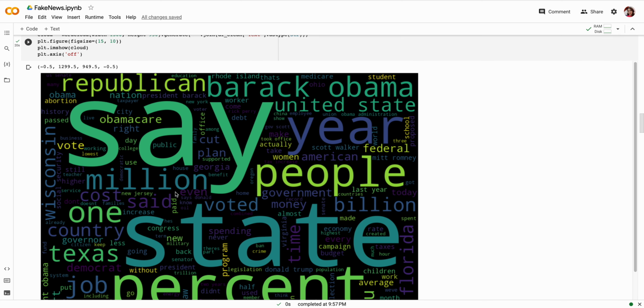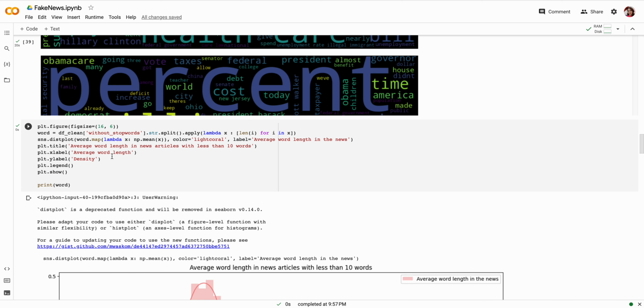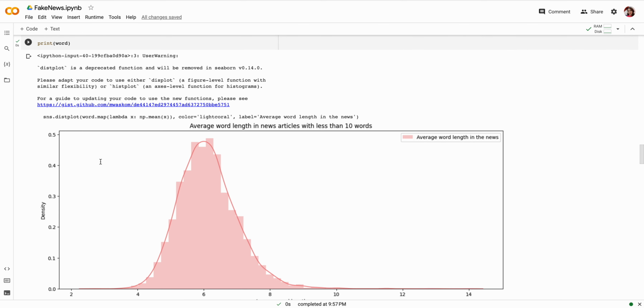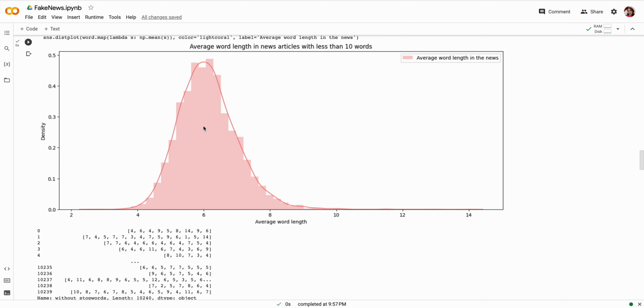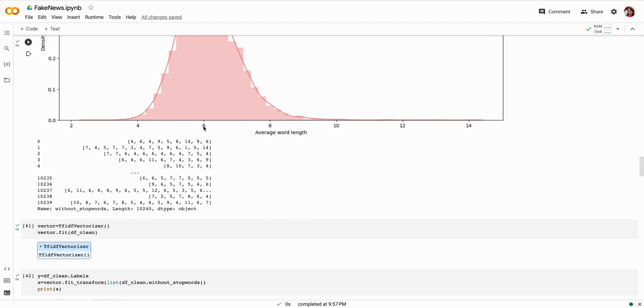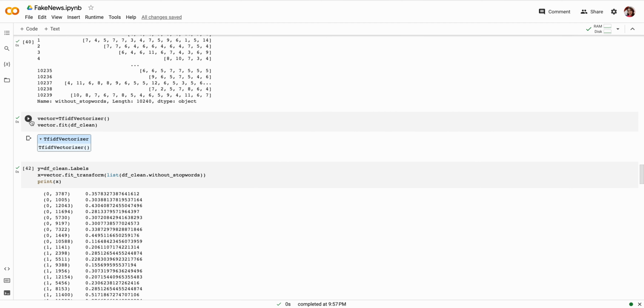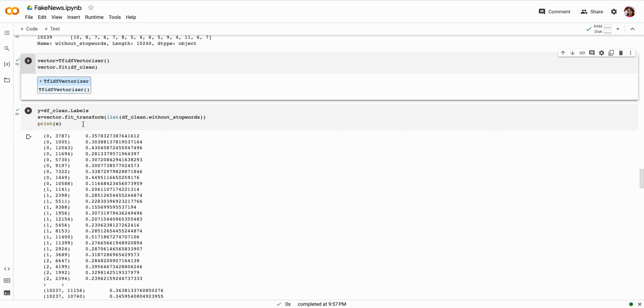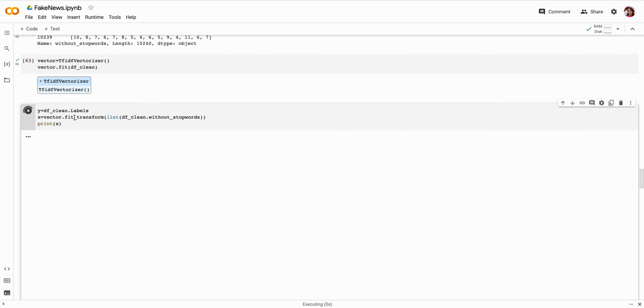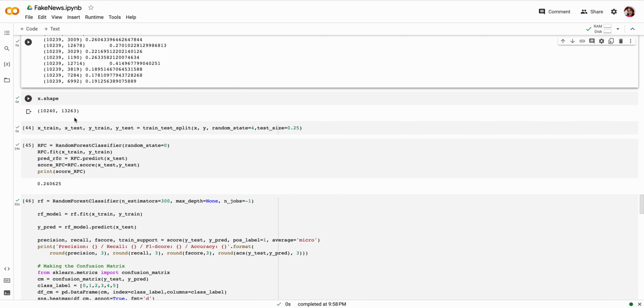As it takes time, I do not run it once again. And then here we have a plot of average word length in news, and we mentioned that this is one of the issues that we faced. We have mostly 6 words in each news article, which is not quite enough to provide information. So we use a vectorizer, TF-IDF, and the clean data, and then we